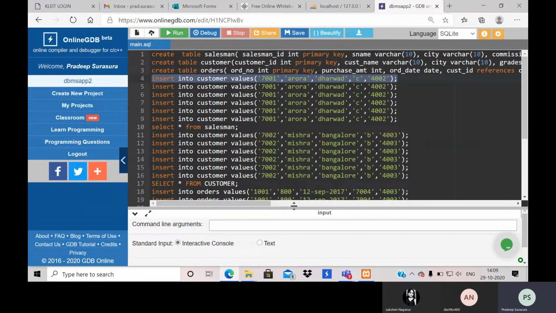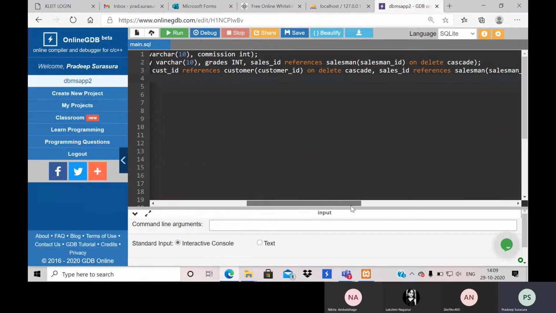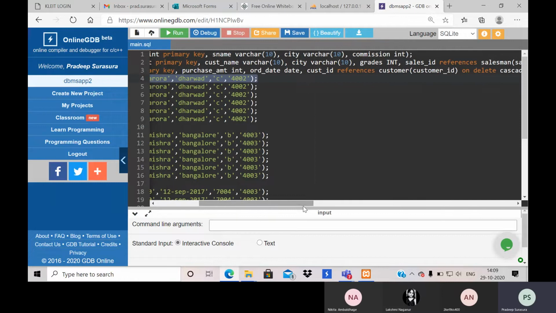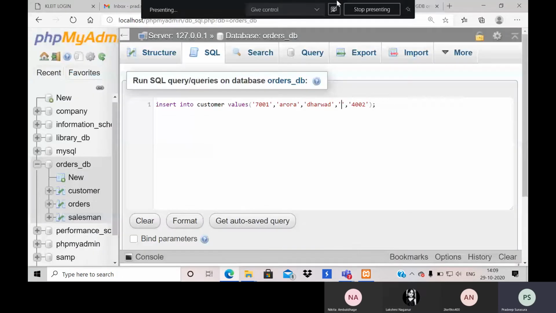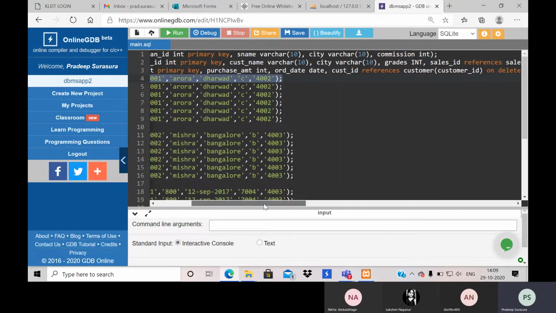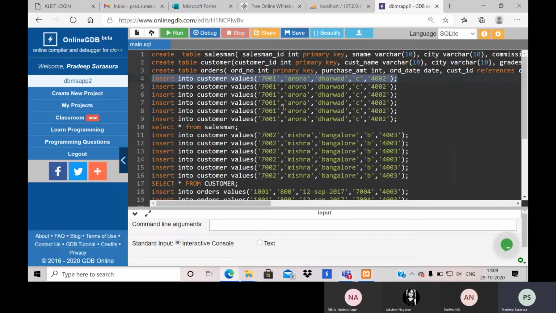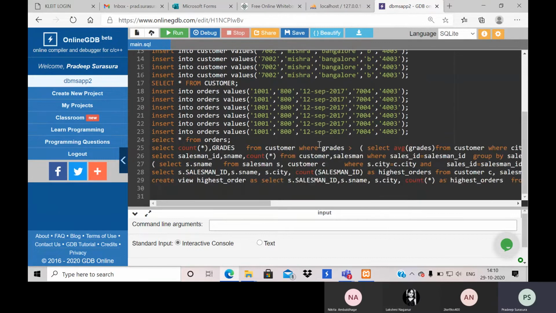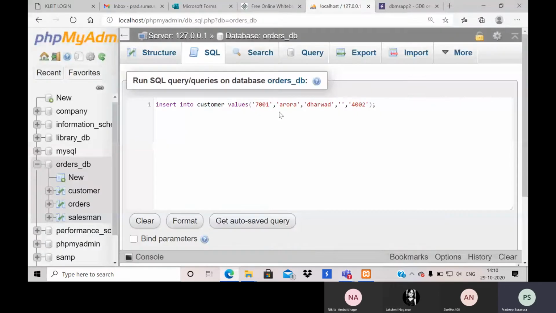Commission is integer. Okay. Which table did I take? I have to take customer, sorry. I have to come with salesman, no? Sorry, this should be salesman. Sorry, this is something different. So let me delete all this.